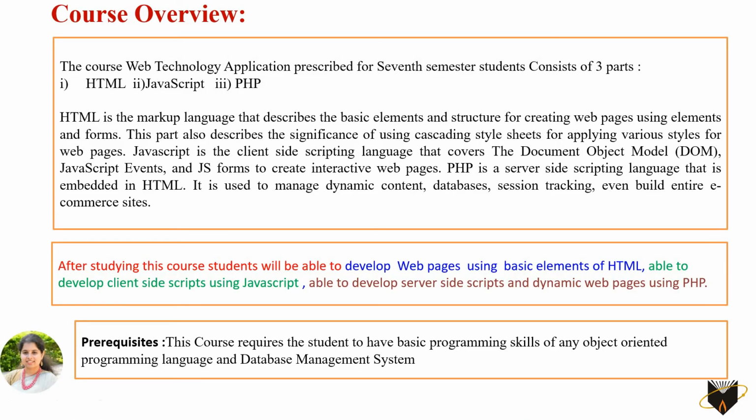So, the Web Technology and its application course for the prescribed syllabus has been divided into three parts: HTML, JavaScript, and PHP. In the first part, HTML, it involves the development of web pages with static information, either in the form of text, image, or video. JavaScript involves the development of client-side scripting, involving some more computations at the client side itself, that is, the browser. In the third part, the students will be able to develop dynamic web pages involving both client-side scripting as well as server-side scripting.